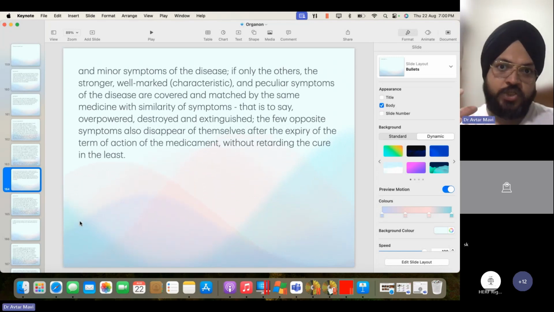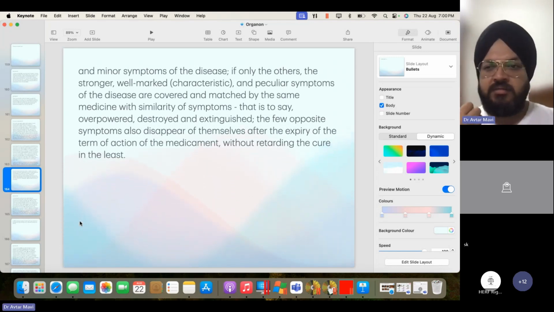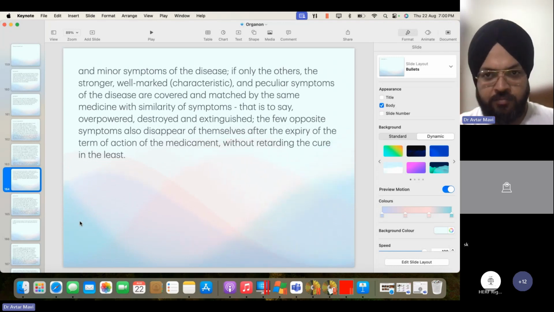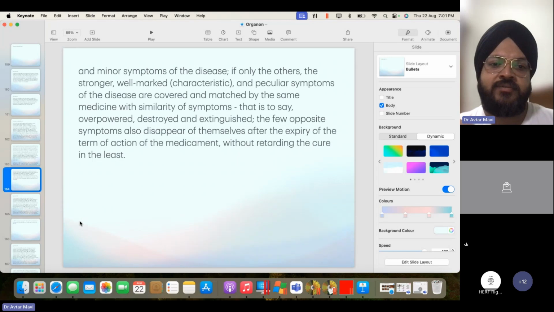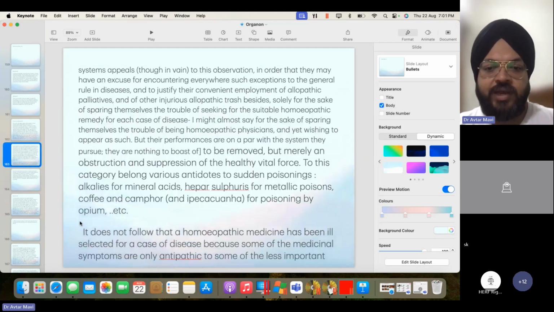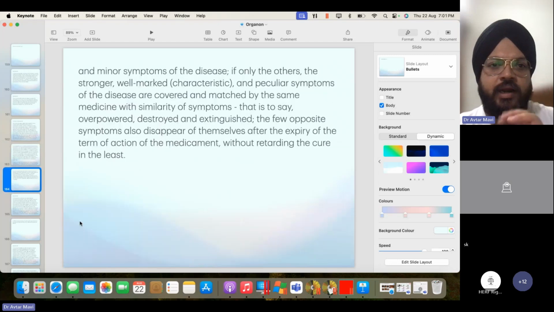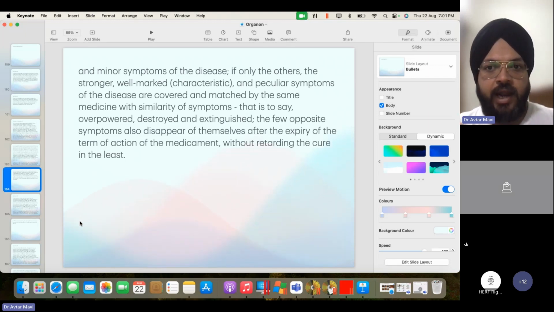Some symptoms are very strong, some symptoms are very weak, in the sense they appear sometimes, they are not of much botheration to the patient, they do not possess much characteristic, or these things are very commonly seen with some kind of diseases. They are common symptoms of the disease, common symptoms of some kind of medicine which the patient is taking. So he is talking about all those symptoms, that these kind of symptoms are less important and are minor symptoms of the disease. If only the others, meaning the stronger, well-marked, characteristic and peculiar symptoms of the disease